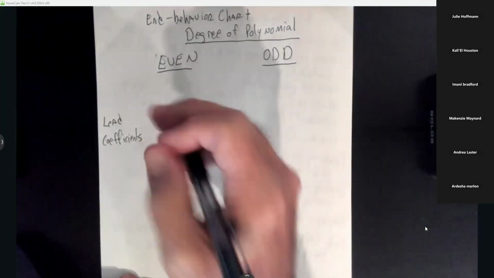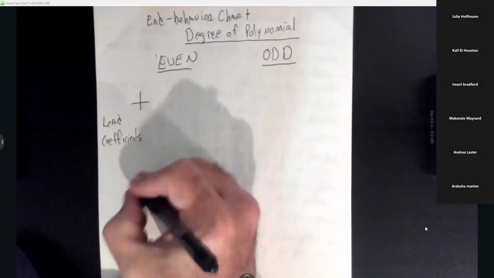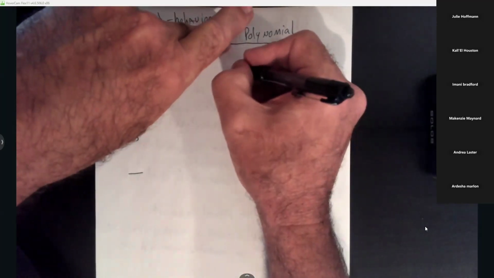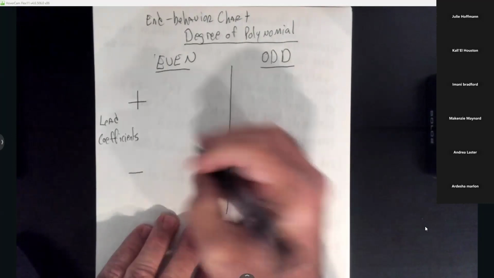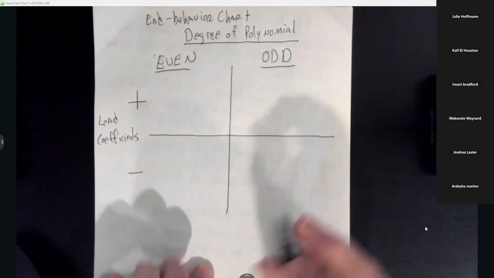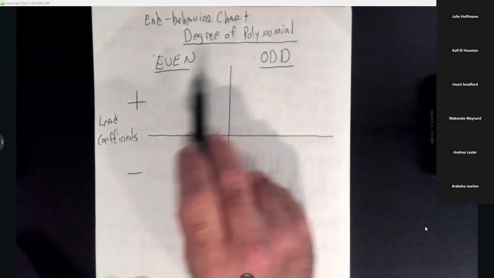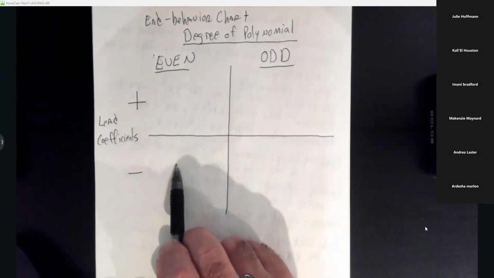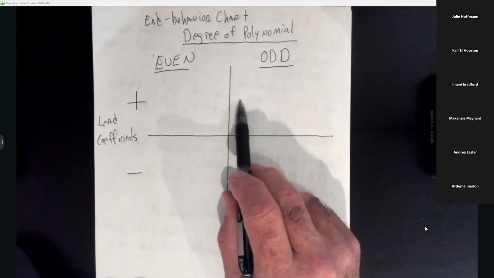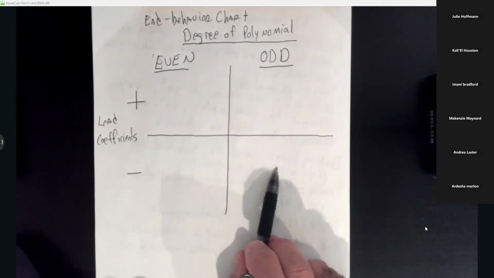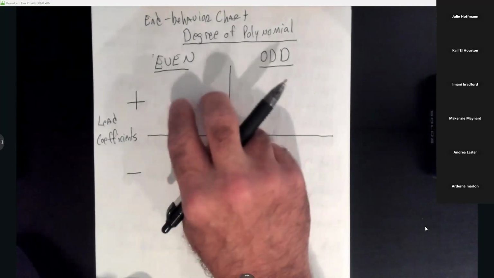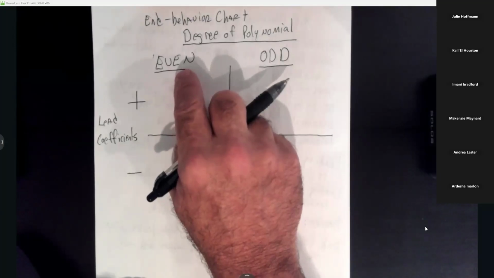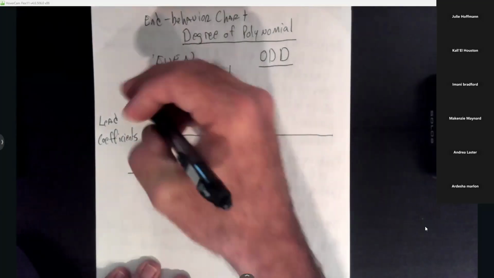The lead coefficients can either be positive or they can be negative. So this is going to separate us into 4 separate pictures. So you got even and odd. On the even, they can have a positive lead coefficient or a negative lead coefficient. The odds, we'll look at them with a positive lead coefficient and a negative lead coefficient. Okay? So the first, if the highest degree is even and the lead coefficient is positive, the